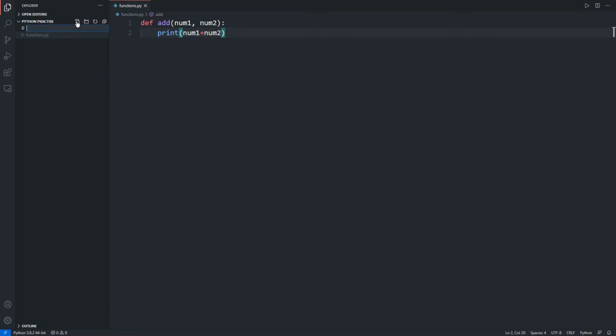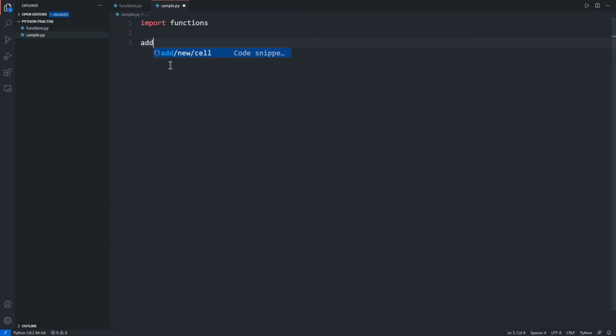So I'll create one more Python file. I'll call it sample.py, and over here let's say I want to use this add function that is present in the functions.py file. So I'll just import functions by writing import functions, and then I'll call the function. Okay, we do not need to write print because the add function already has a print statement. So I'll say add 2 comma 5